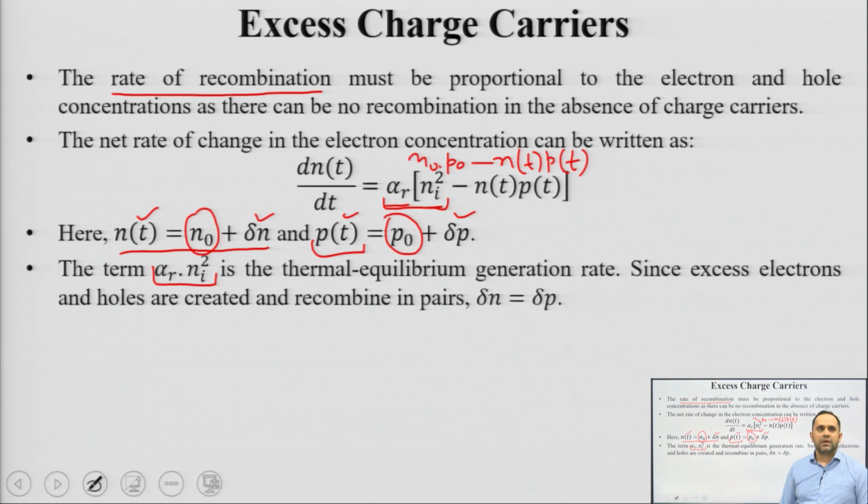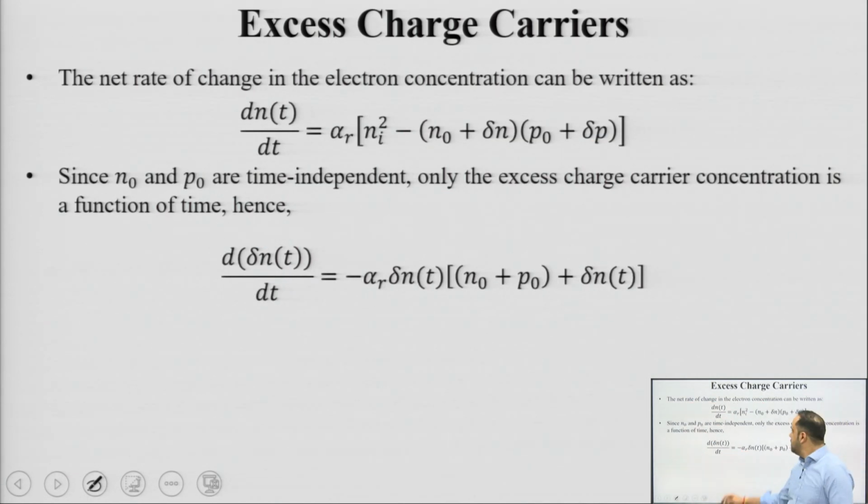Okay. And since we are talking about the direct generation and recombination case, the rate at which electrons are generated is the same as the rate at which holes are generated, same for recombination. So, excess electrons is equal to excess holes, right. So, if we have this equation for rate of recombination, n dot p I can expand like this: n is equal to n naught plus delta n, p is equal to p naught plus delta n. So, my rate of recombination becomes like this.